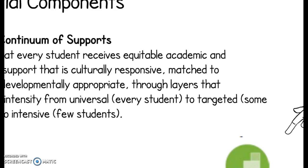The last piece of the essential component, of course, is a layered continuum of supports. And this might look a lot like RTI did in the past, but it's really looking at different ways that we can address students appropriately: universally, so every student gets certain types of support, such as our wonderful mentorship program here; targeted, so we might come up with different plans for students who need additional support; or some that have intensive needs. And again, this is sort of what we already do here very well at Boulder Universal,